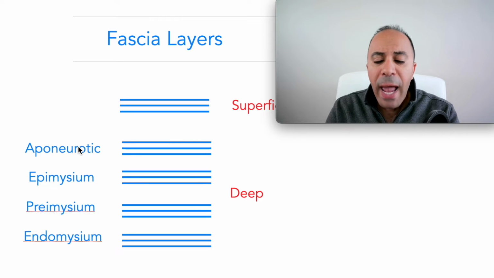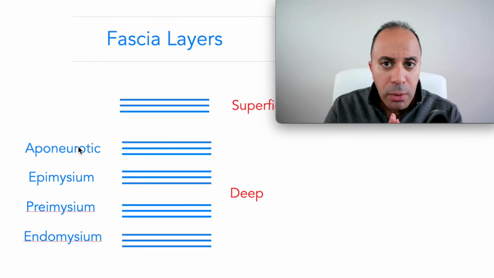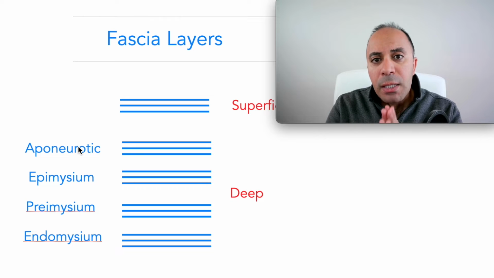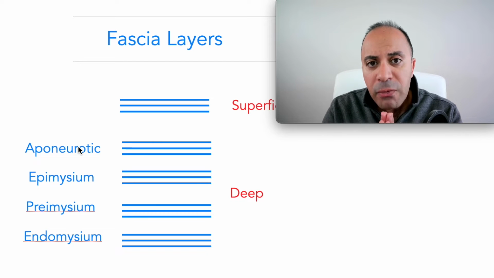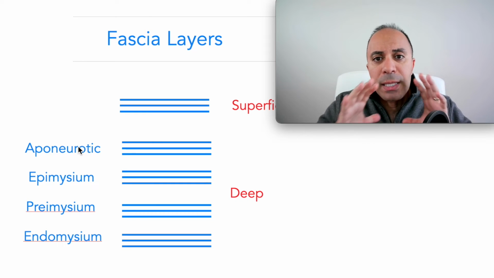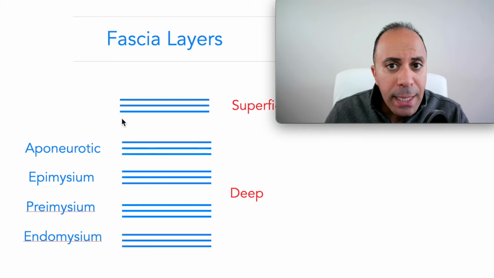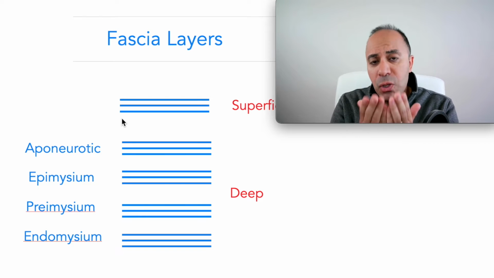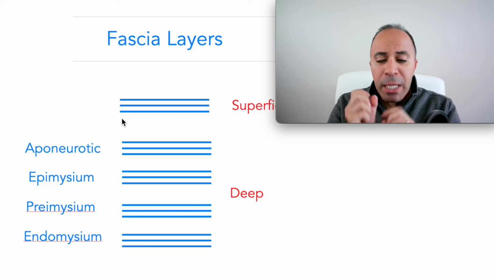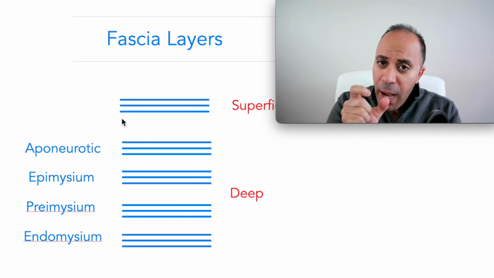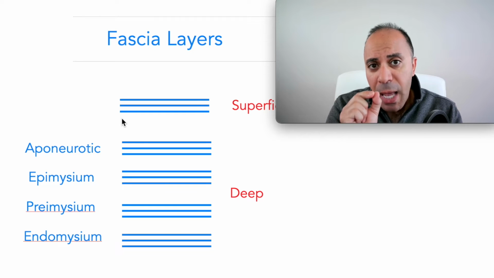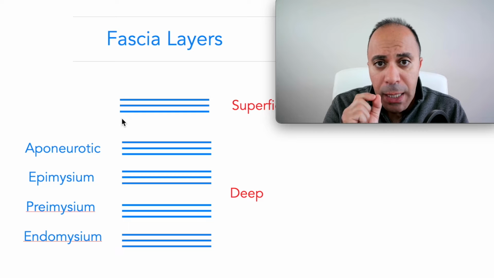And the deep layer is actually divided into 4 subcategories. The first deep layer is the aponeurotic fascia, and that layer is wrapping a group of muscles. Then we have the epimysium that's wrapping the individual muscle. Then the perimysium that's wrapping a bundle of fibers, and at the end you have the endomysium that's wrapping each